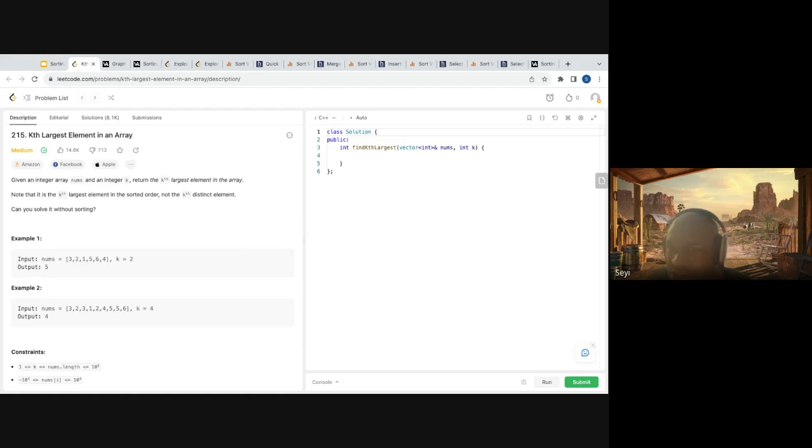We just need the kth largest element, right? So what if the kth largest element is at the top of our heap? So what will it take for the kth largest element to be at the top of our heap? The kth largest element is the smallest element from that item to the end of the array. So for my kth largest element to be at the top of a heap,